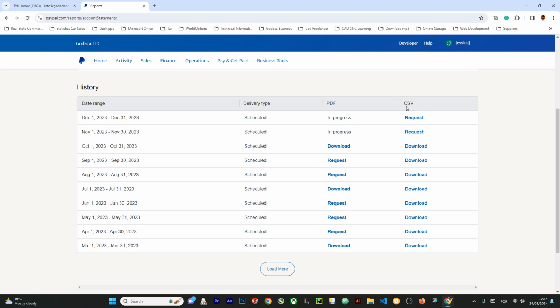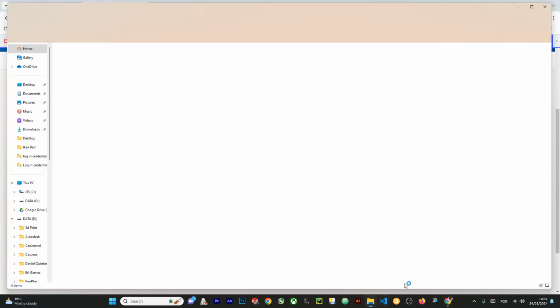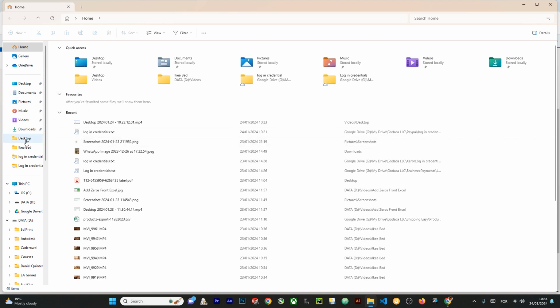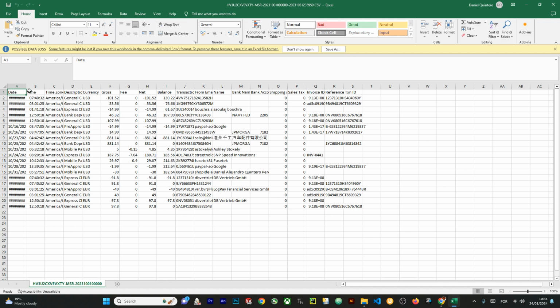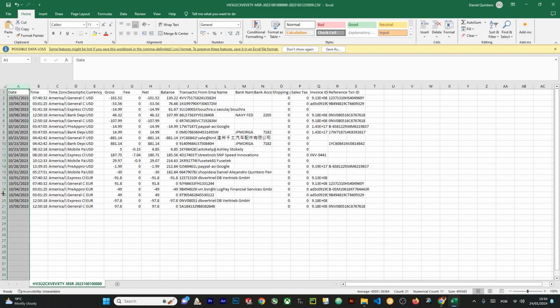you just need the CSV file. A CSV file, for people who don't know, is comma-separated values. It's basically a lot of data separated by commas, but in a table format. Now we're going to click on download, and then open that. We make sure that we open this CSV file,